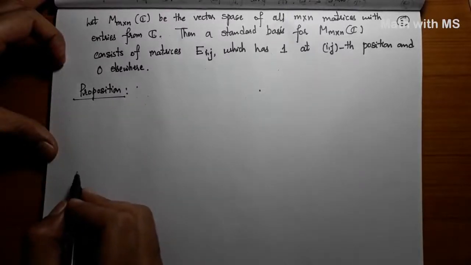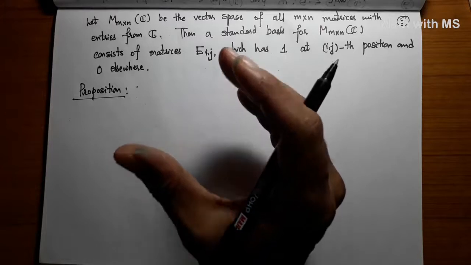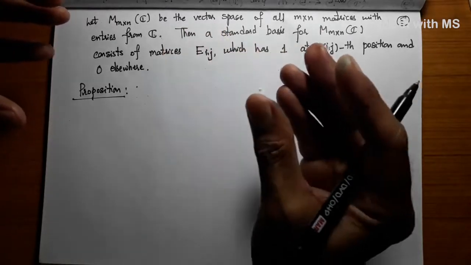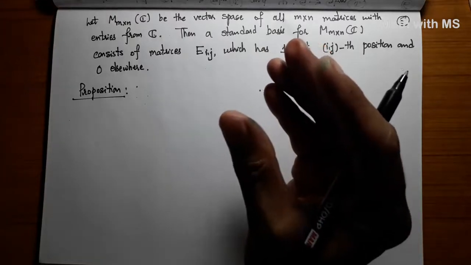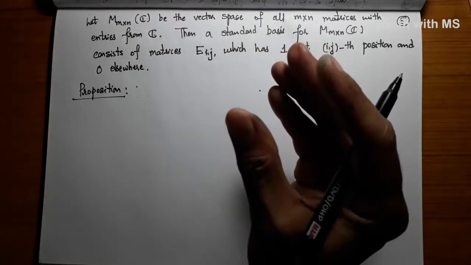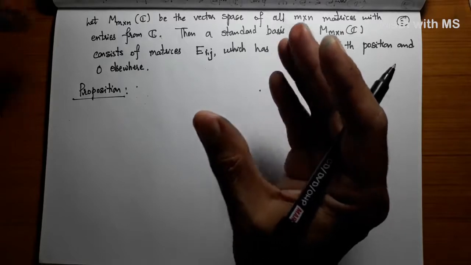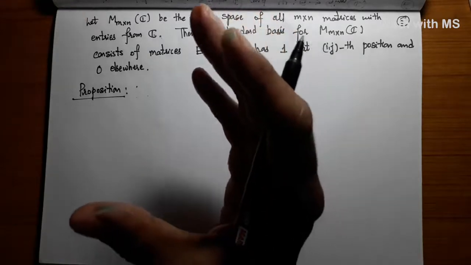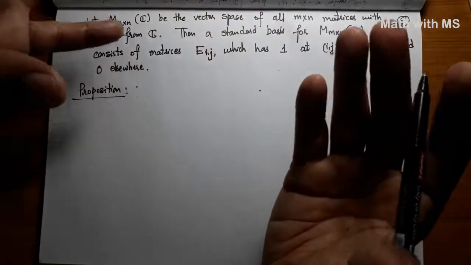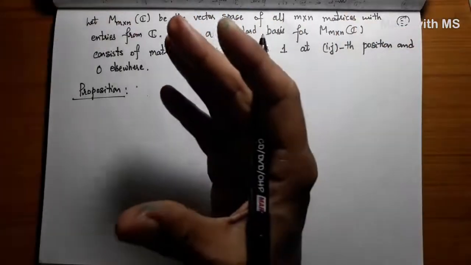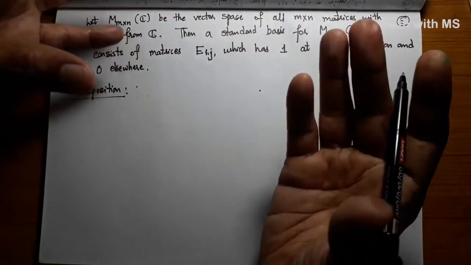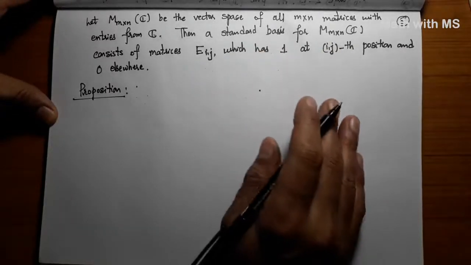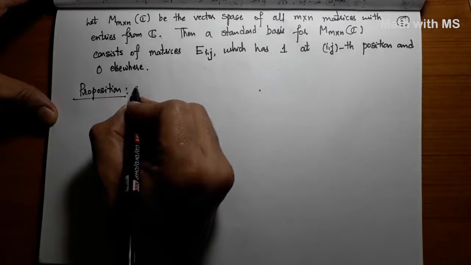Proposition. Let me remind you, as I said in the beginning, that given a finite dimensional representation of a group G into GL(V), since we can identify V with C^n, where n is the degree of the representation, I will go back and forth viewing my representations as a map from the group into GL of some vector space, or a map from G into GL_n(C). They are equivalent, so it depends on the convenience of what we want to prove.